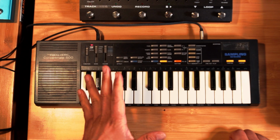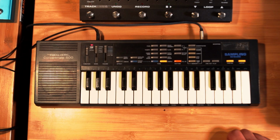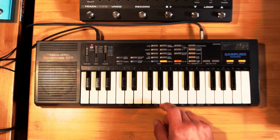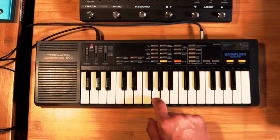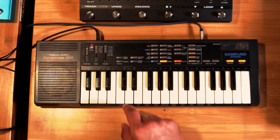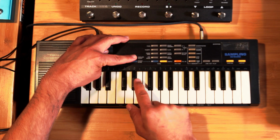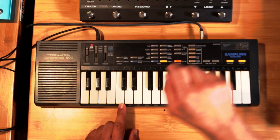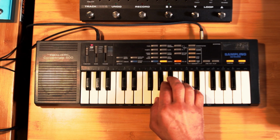These presets are pretty simple, but if I was to crank up a nice reverb for that, they're actually pretty usable. So if I go to piano here, normally the piano sounds kind of harsh, but if I change the envelope like this one, you hear that? It kind of comes up, right? But if I feed it through some reverb,